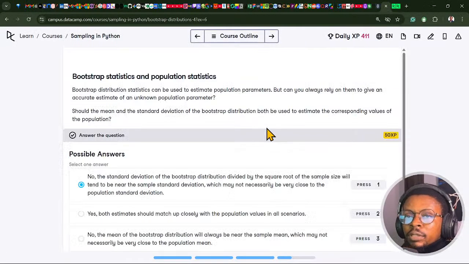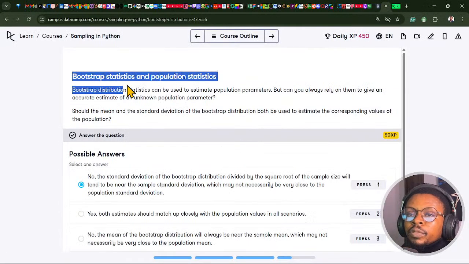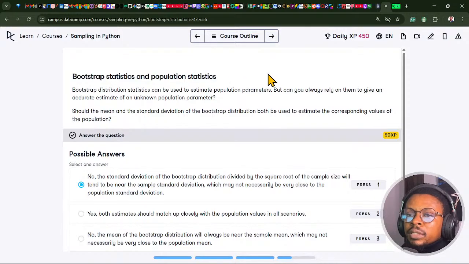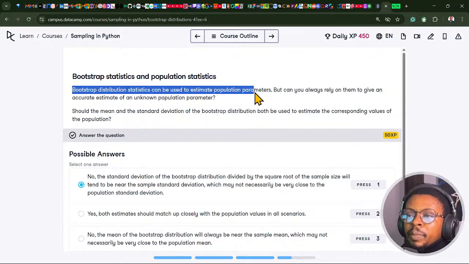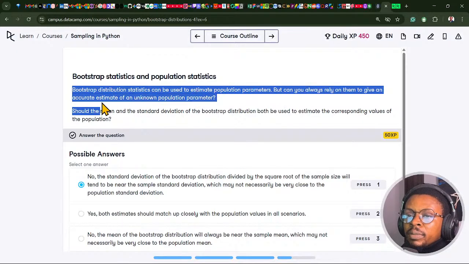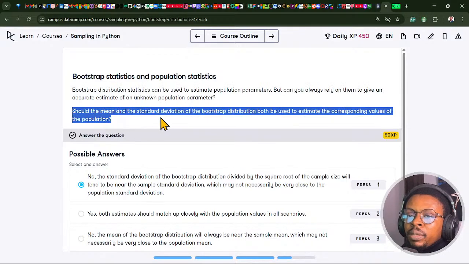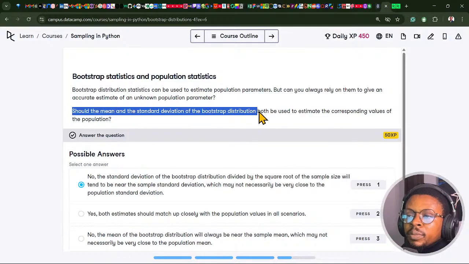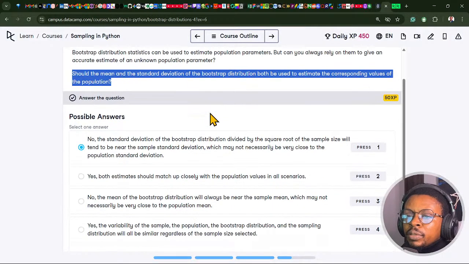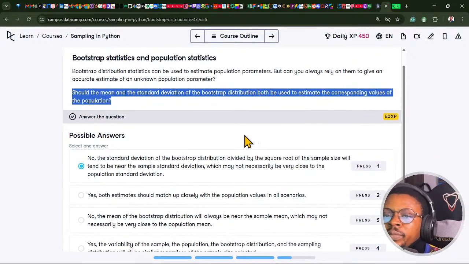Okay, so let's see this in action. Bootstrap statistics and population statistics. Bootstrap distribution statistics can be used to estimate population parameters, but you can't always rely on them to give an accurate estimate of an unknown population parameter. Should the mean and the bootstrap deviation of the bootstrap distribution be used to estimate the corresponding values of the population? Should the mean